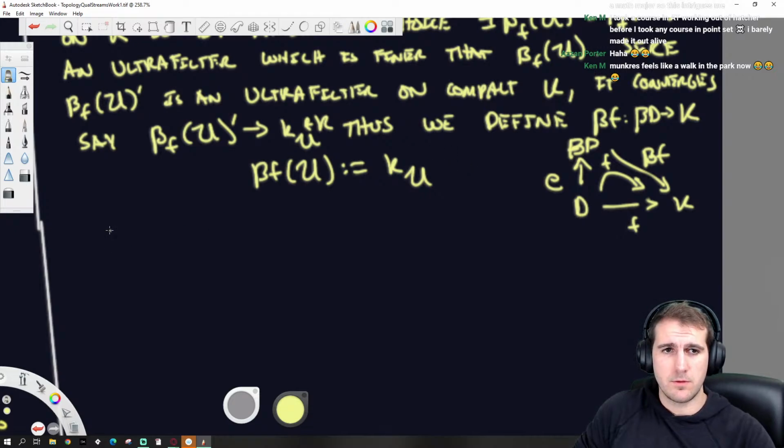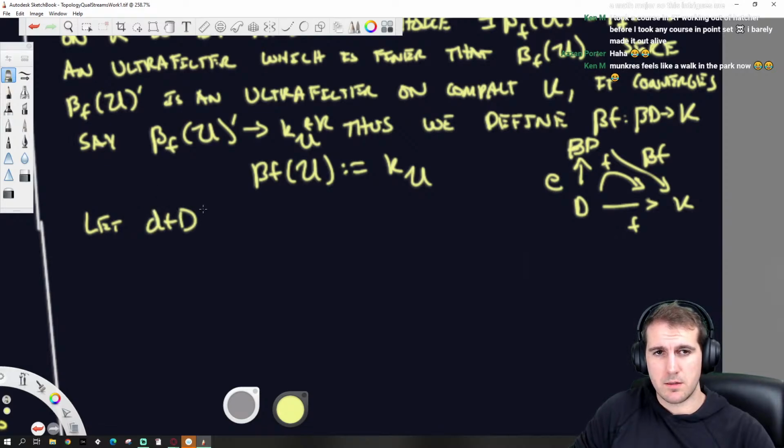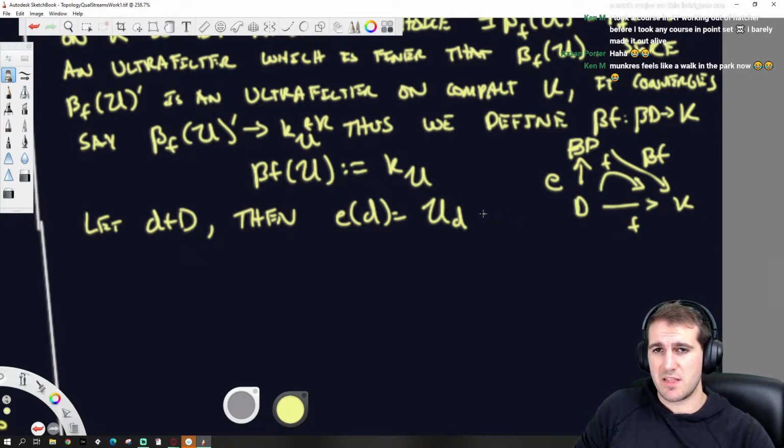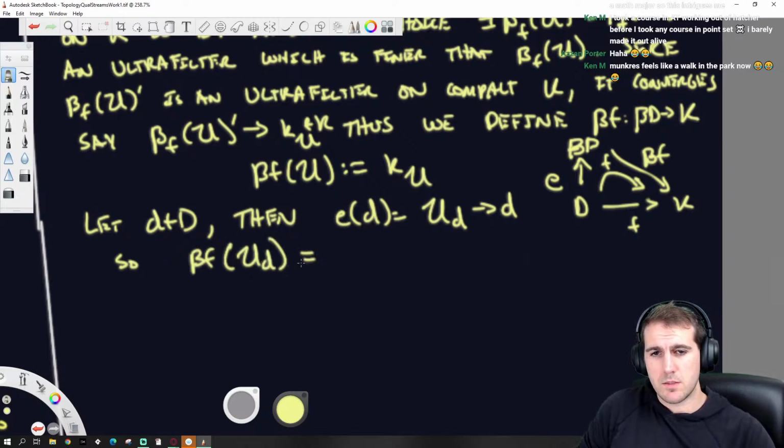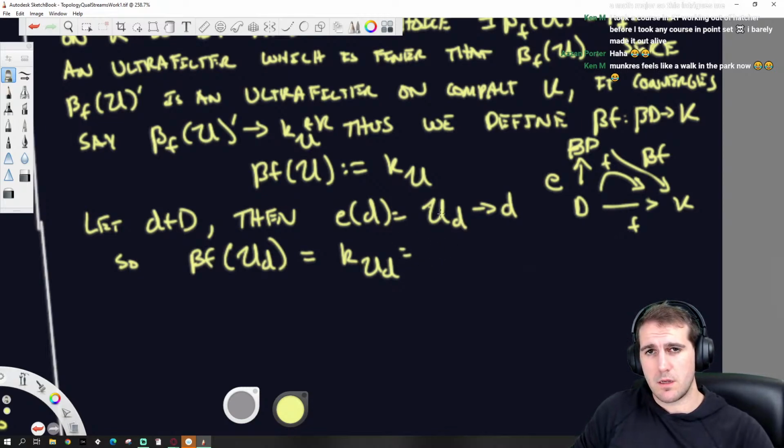So first off, let d be within D. Then E of d is equal to the principal ultrafilter at d. So this is the thing that converges to d. So beta f of u_d is going to equal k_{u_d}, which is equal to the limit of the ultrafilter beta prime, right?